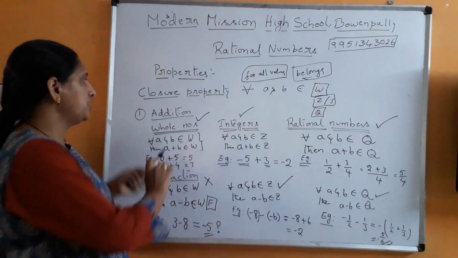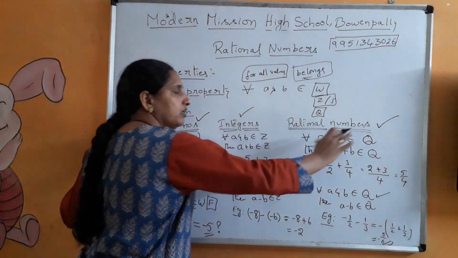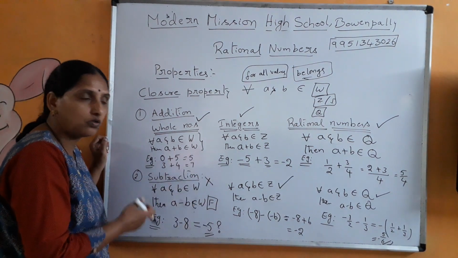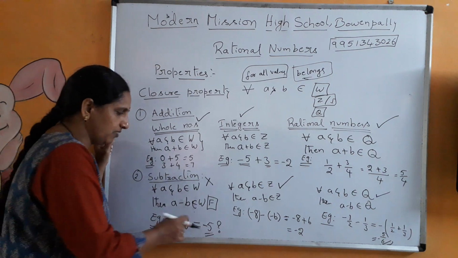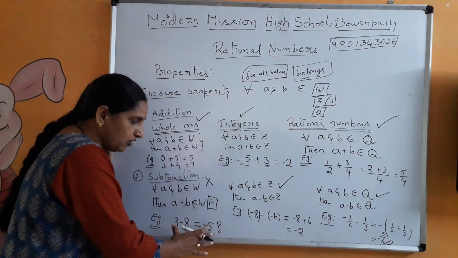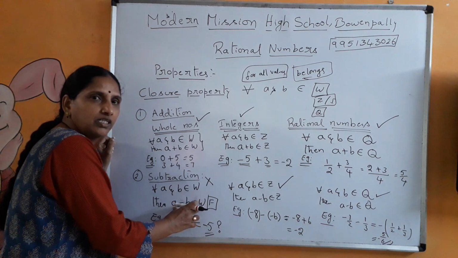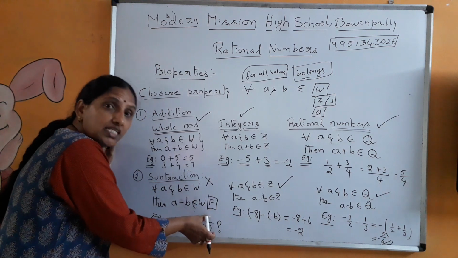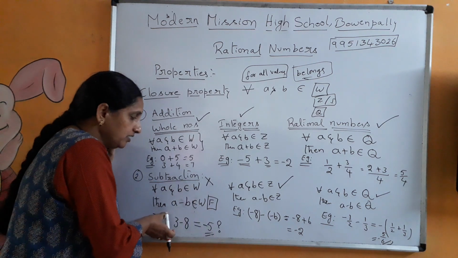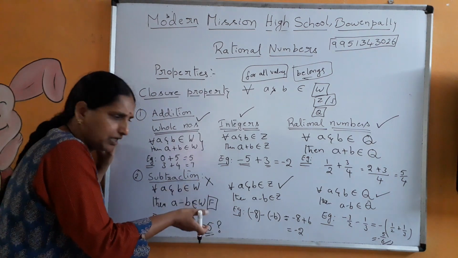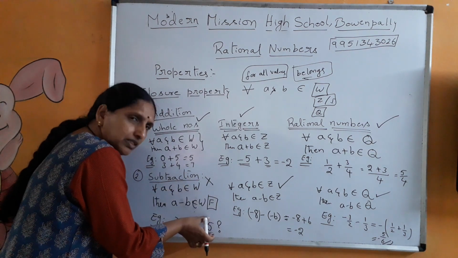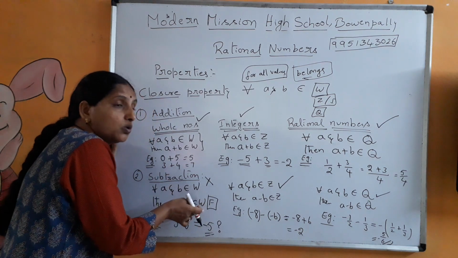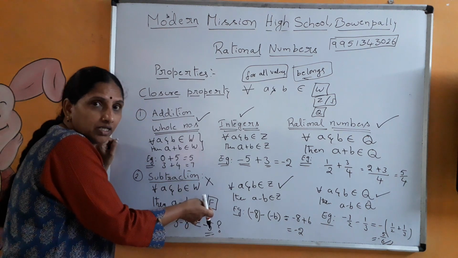Okay, so under addition, whole numbers, integers, rational numbers, all are satisfying closure property. But under subtraction, you can see that whole numbers do not satisfy the closure property. Don't say that it does not satisfy means this is wrong. No, this is not wrong. The statement that the difference is a whole number is false. The difference here is coming to be an integer. So don't say, madam, this is not possible in maths. No, it is possible in maths. This is maths only. But this number is an integer. It is not a whole number. But what did we say? That it is a whole number. So this is false. Did you get that one?